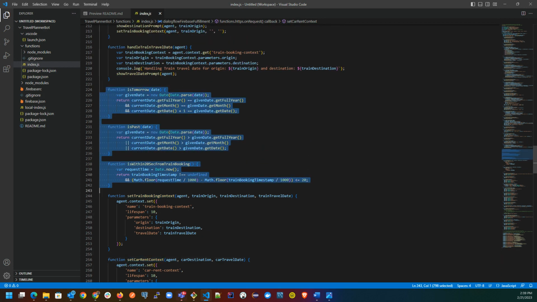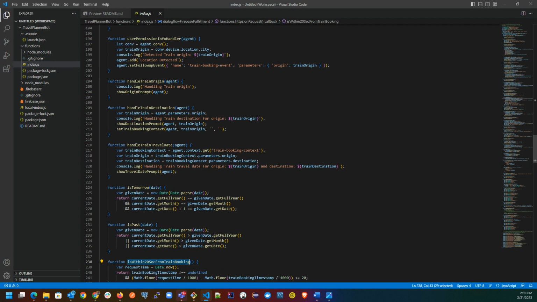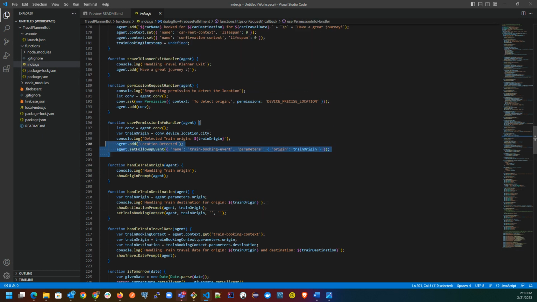These three are utility functions. Is tomorrow is past: if the date is from the past, then we will not allow the booking to be made. And if the car rental booking request comes within 20 seconds of the train booking, then we need to pass something in the context. For that, this is again a utility function. These are all handle functions. They are also a type of utility function which do a few other things apart from prompting. So it prompts, then sets the context, right? And all other functions are directly the handler functions that are triggered once any intent